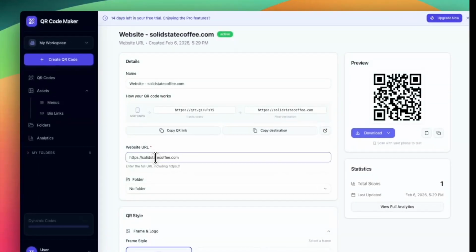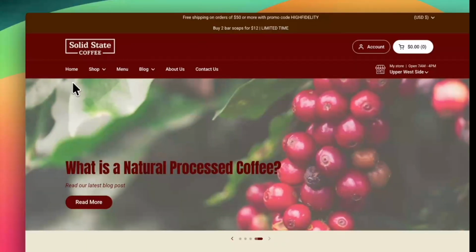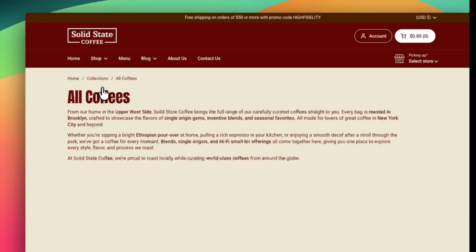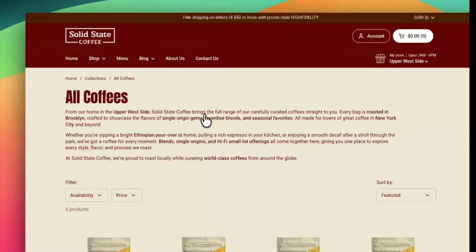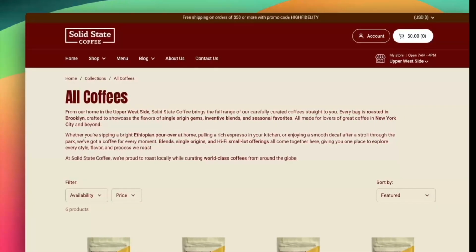But then you decide to update your website, and now you want to change. Instead of the homepage, maybe you want to send people to the shop page of the website where all the coffees are listed. So the issue is that the website URL for this section is different than the other one, but you already